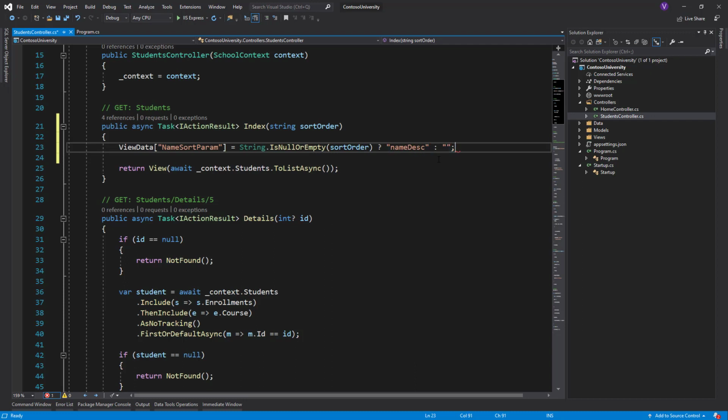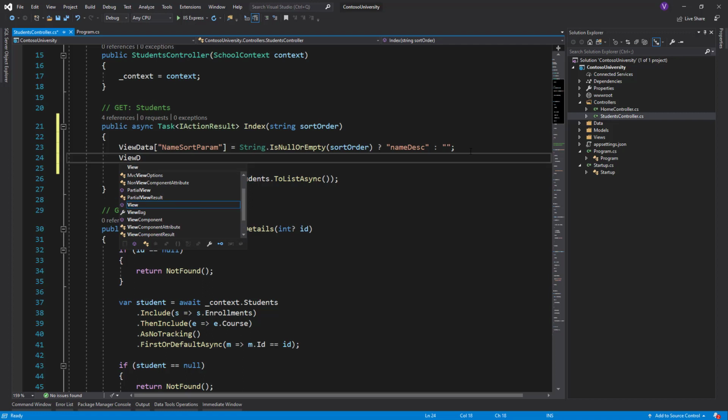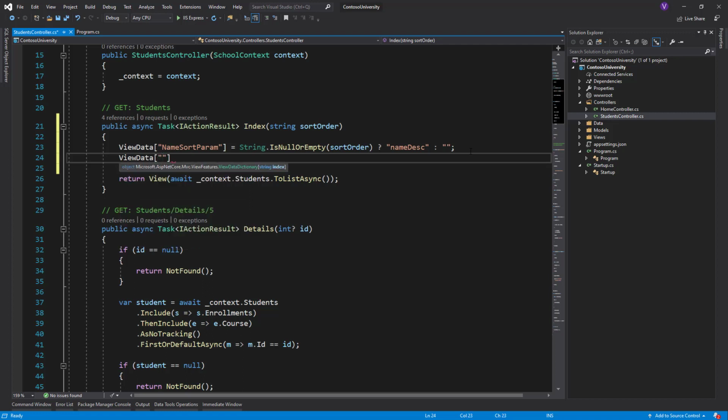What does it mean? It says if the sort order is null or empty, then write in the dictionary NameSortParm, name descending, otherwise don't write anything. And let's enter another one, DateSortParm,